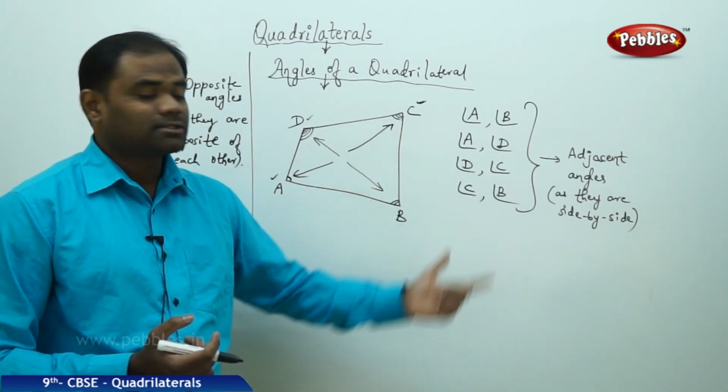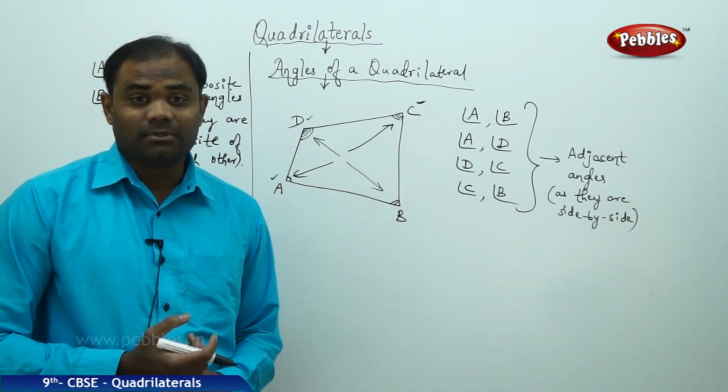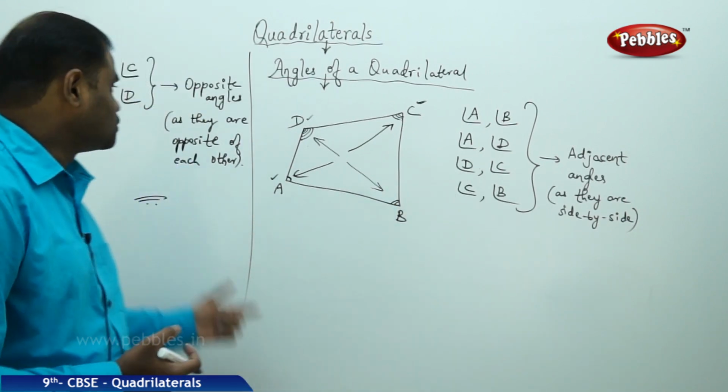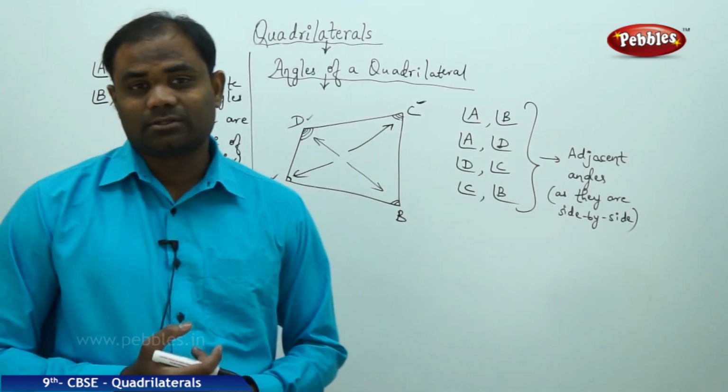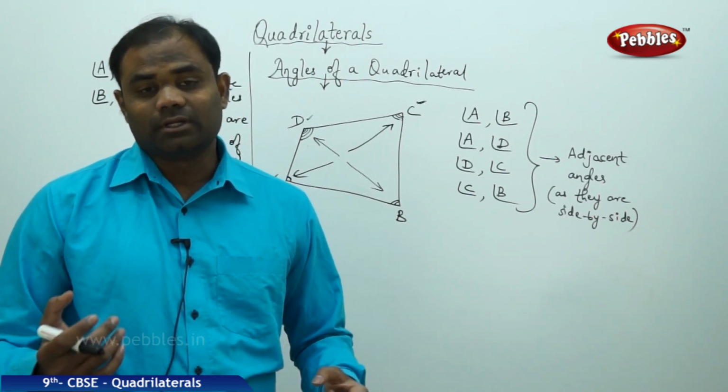Identify adjacent angles and opposite angles in the quadrilateral ABCD. There are 4 pairs of adjacent angles and 2 pairs of opposite angles always in the quadrilateral ABCD, is the learning outcome. Now that we have discussed quadrilaterals and their geometrical properties in brief, let's see the different types